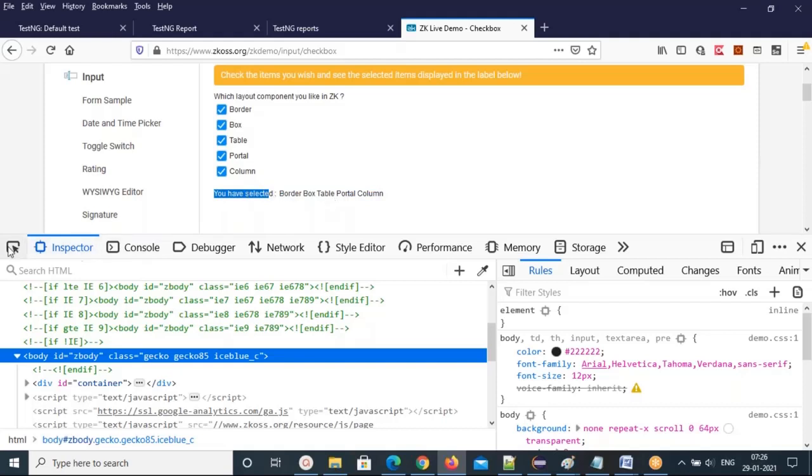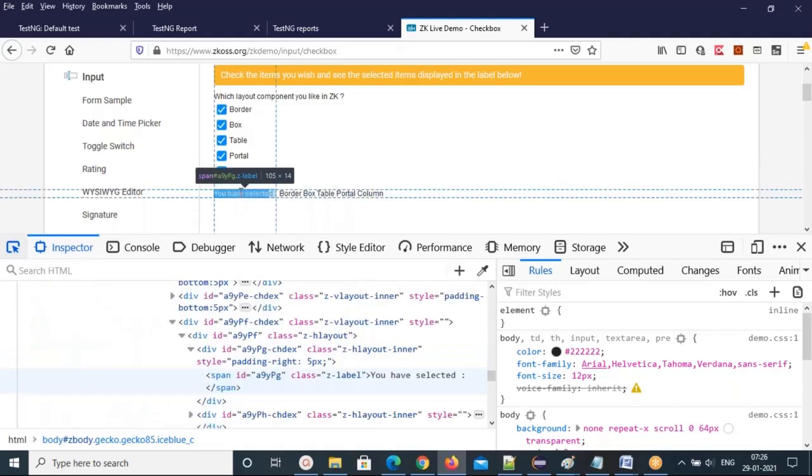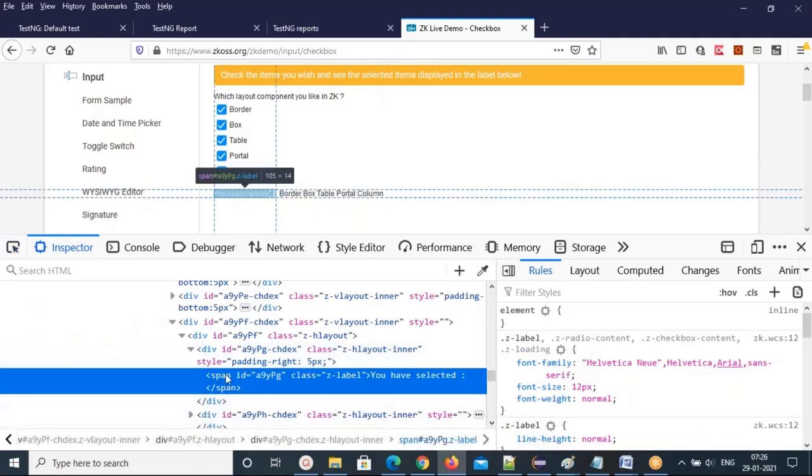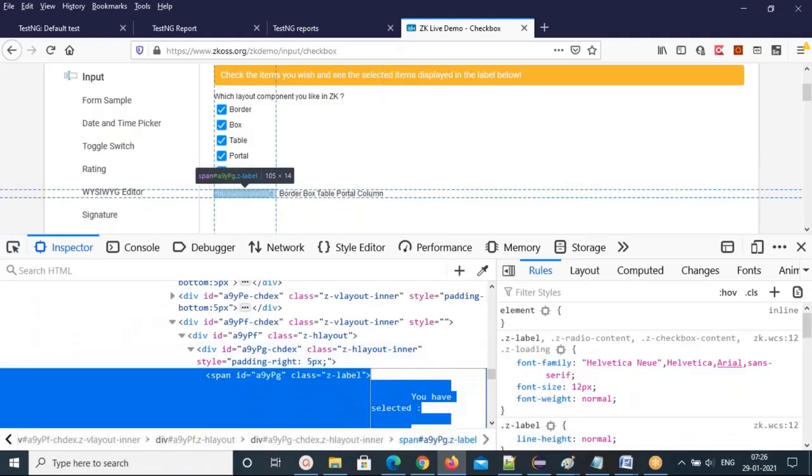First identify this text: You have selected, in a span tag. A lot of spaces are there. If you want to ignore the spaces, how can we construct an XPath? Which concept do we need to use, if you want to ignore all of these spaces?